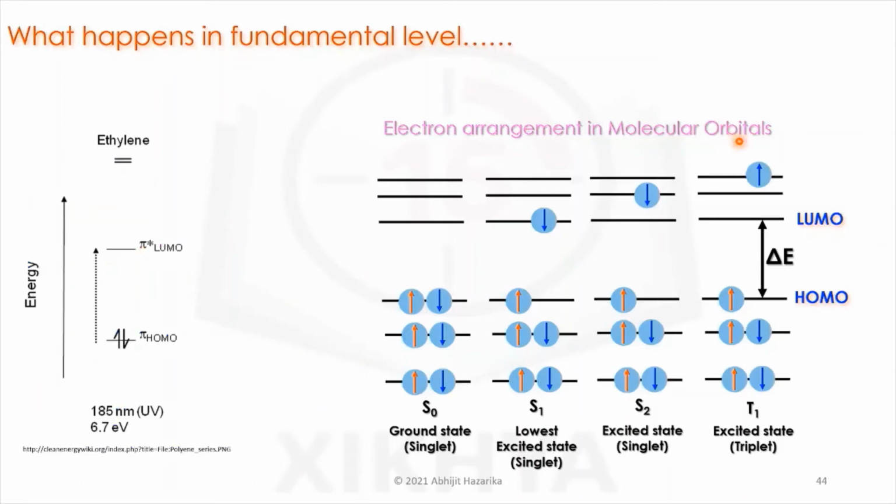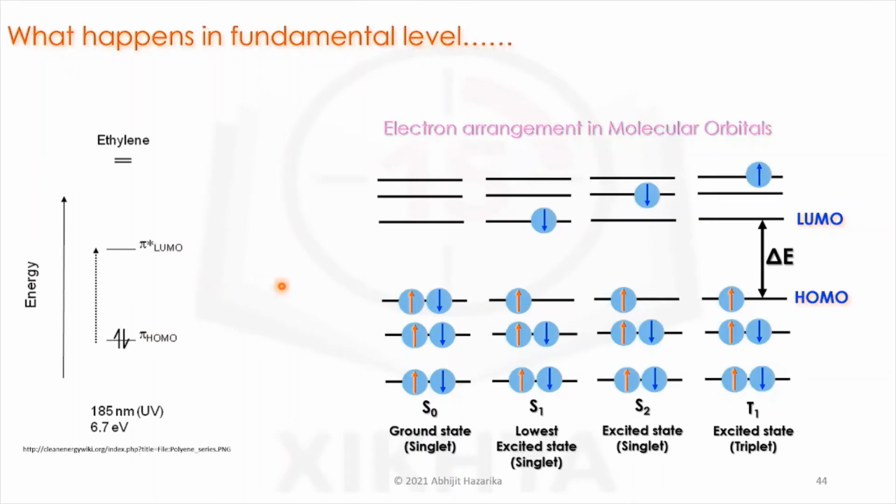Now, as you have seen, the fluorescence color or the fluorescence energy depends on the energy difference between LUMO and HOMO. So let's take one example by which we can tune the fluorescence color. Let's say ethylene. Ethylene has a HOMO-LUMO energy gap of around 6.7 eV or 185 nanometer. So we expect that the ethylene molecule will emit light in the UV range, let's say 185